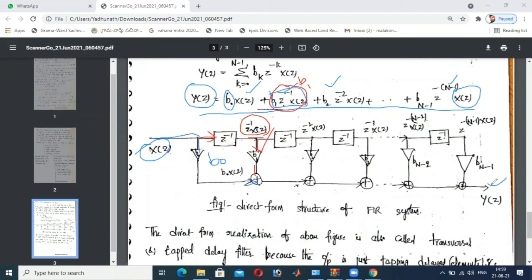So this is generally called a direct form structure because we don't have any changes in the transfer equation. We don't have any changes in the output equation. So that's why we call it a direct form. Without any alteration or without compromising any terms, whatever equation is present in the system equation, with the help of the system equation only, we can blindly realize the corresponding system. That's why it is called a direct form realization.